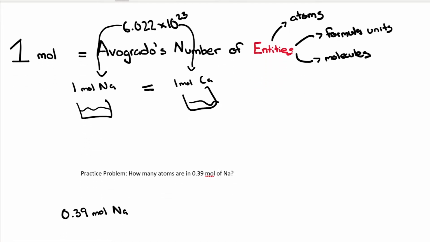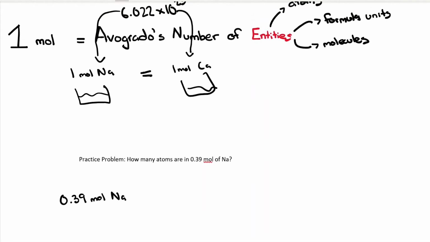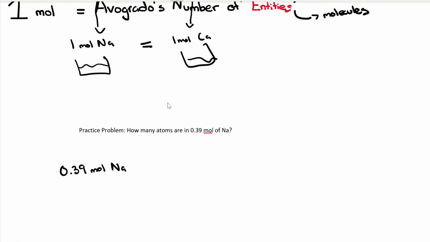So a conversion factor is just a really fancy way of expressing a relationship, a ratio, or a fraction. So let's write this equation in terms of a fraction. So we know that 1 mole of any substance, whether it be sodium or calcium, whatever it is, is going to equal 6.022 times 10 to the 23